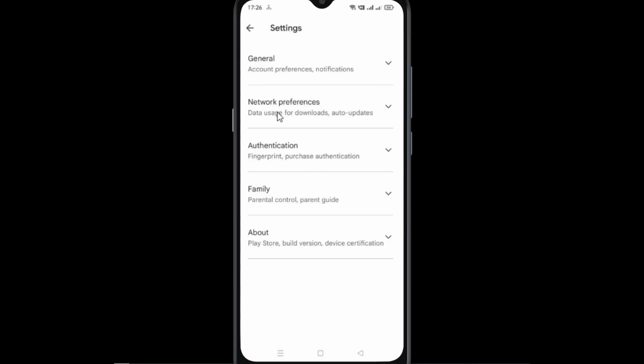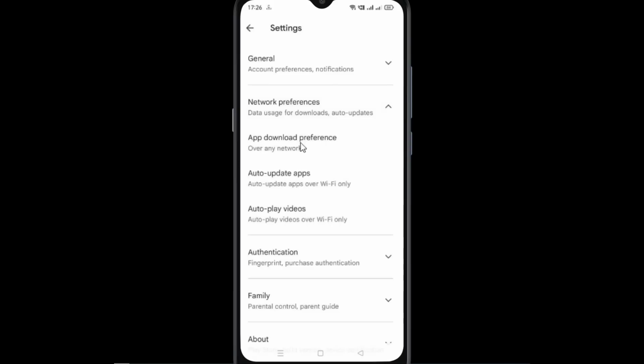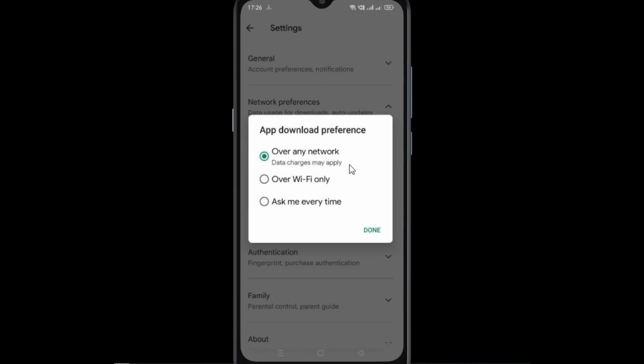Now click on the network preferences. Now go to app download preferences. In this you have to make sure that your over any network option has to be selected. After doing this, go back